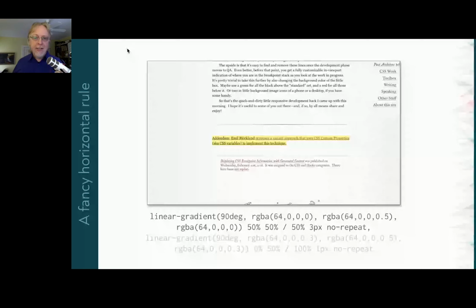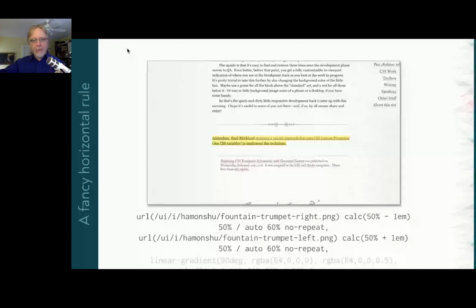In fact, at one point I did stop there and I wasn't going to do anything more with it. And then, as I got into it more and I was using more design elements from my source material, I decided, you know what? Let's make these even fancier. So I added a couple of images the same way that I did the left and right waves on the header. I just have 2 images, one for the left, one for the right, and then just position properly like that.